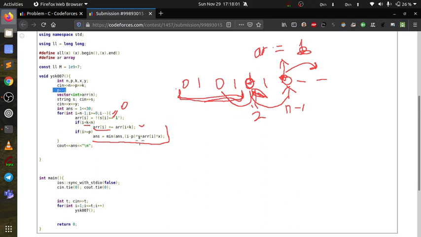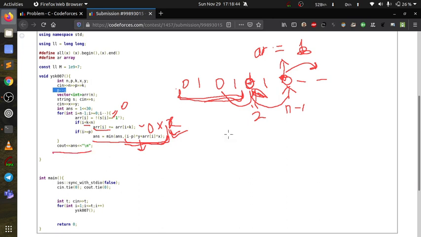That will cost me y minutes, and I will check whether currently I have 0 or 1 here. Suppose I already have 1, then I am multiplying 0 with x, so it will be 0, no changes. So this cost will come for me to completely jump out of the bound. Similarly, I am going backward and calculating the same thing and storing the result in answer, and at last I am printing the minimum answer.